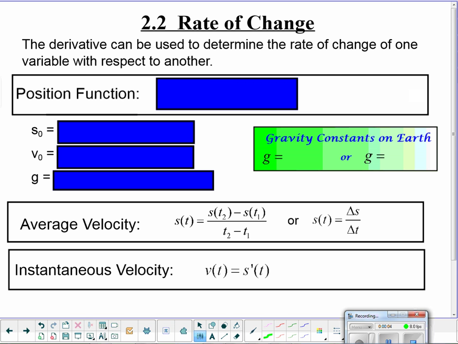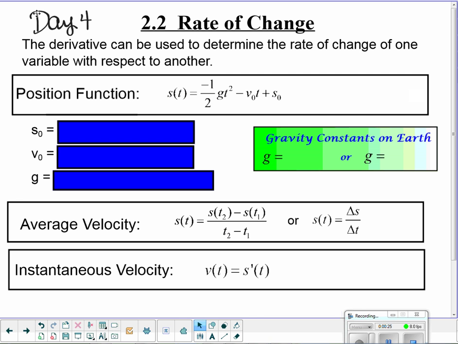Looking at 2.2, this would be, I guess, what we'd consider day 4 now. And this is the last of the section 2.2. And it gets into using a derivative to determine the rate of change of velocity and acceleration. So it will start out with this position function, which can be written as s of t